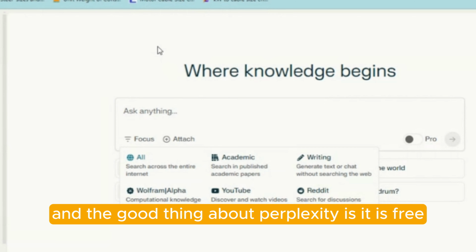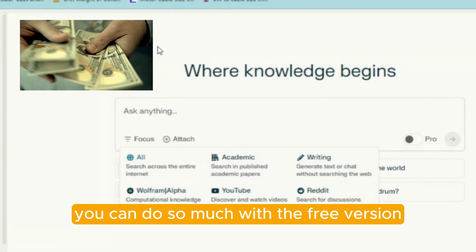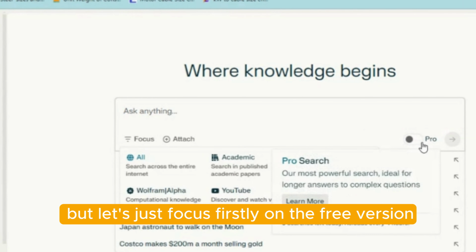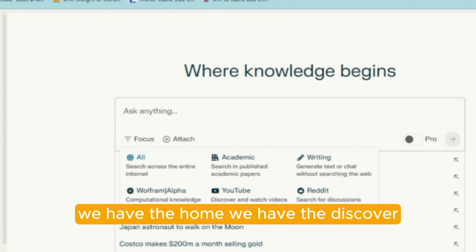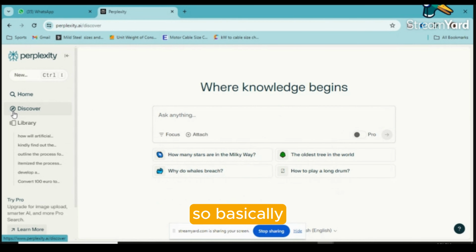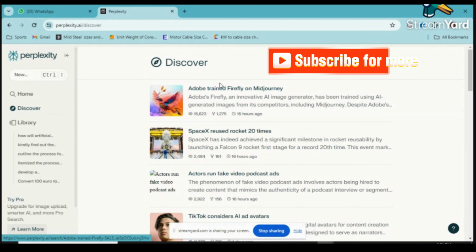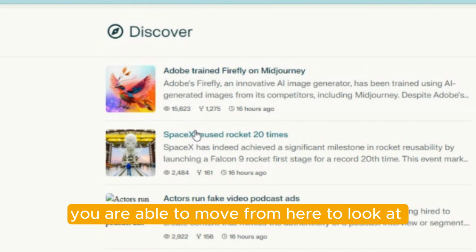And the good thing about Perplexity is it is free. You can do so much with the free version. Of course, the pro version is here, but let's just focus firstly on the free version. We have the home, we have the discover. So basically, this discover is like a search engine. It tells you what is trending, and you are able to move from here to look